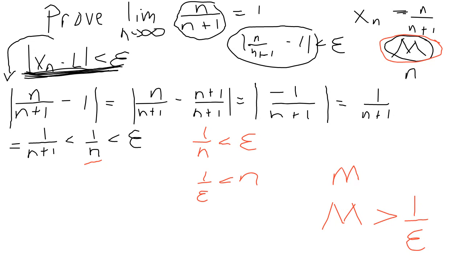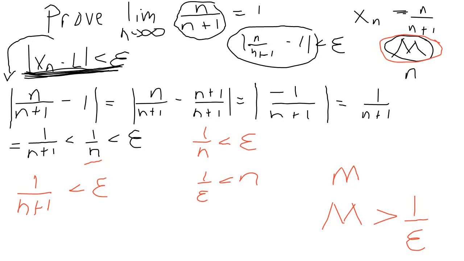Oh, that's what you're saying. All along I had 1 over n plus 1 less than epsilon, but you see me using 1 over n now. Right, that's what you're saying? Yeah, as in why 1 over n is less than epsilon. We also know that 1 over n plus 1 is less than 1 over n. I don't see how we could conclude that 1 over n is also less than epsilon. We choose that